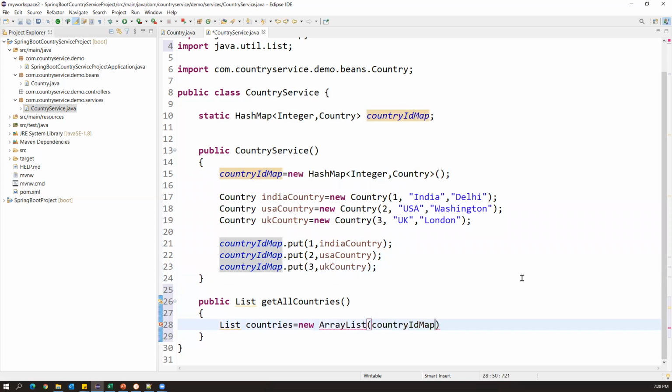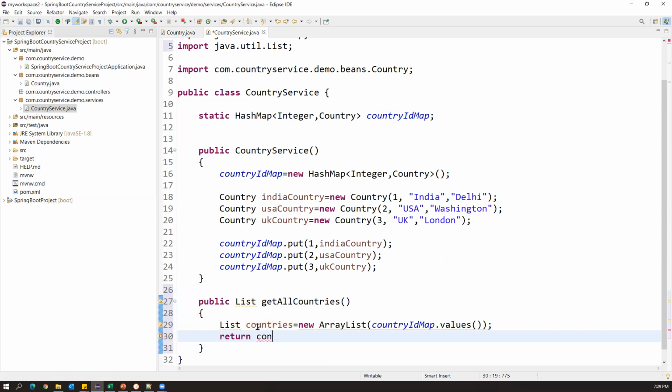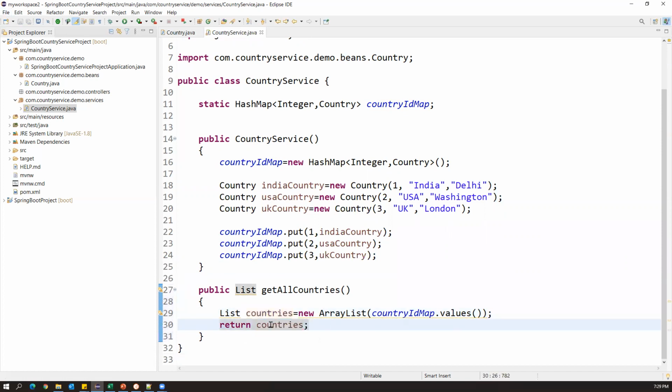There is a method called values. When I add this method, whatever data we have in the hash map will be added to the list. Import this array list also. And now we have to return this list, so use return countries. Done. So one service we have successfully developed.